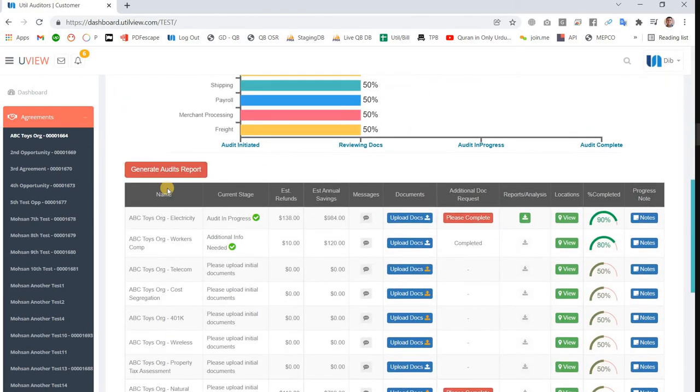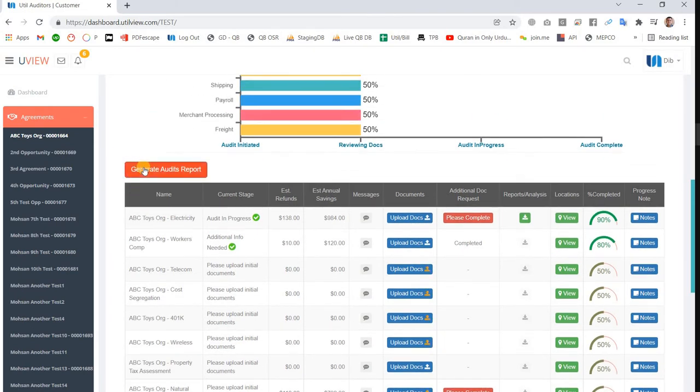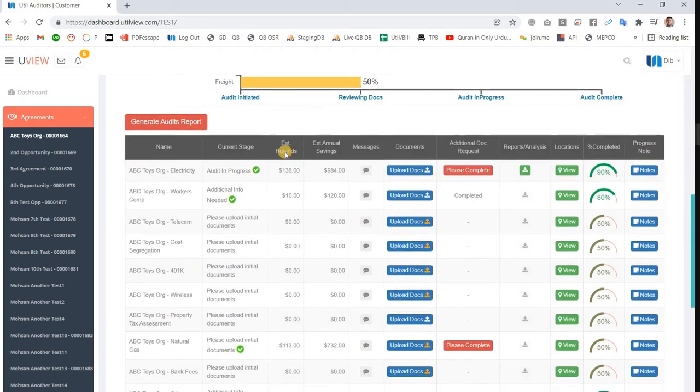Okay, so the audit report generate button, I put it here because what I understand is this report is not for a specific audit but for all the audits under an agreement. So instead of giving the button against each audit type, I put the button here. Please suggest if this is not right, and you give the option somewhere else to generate the report.